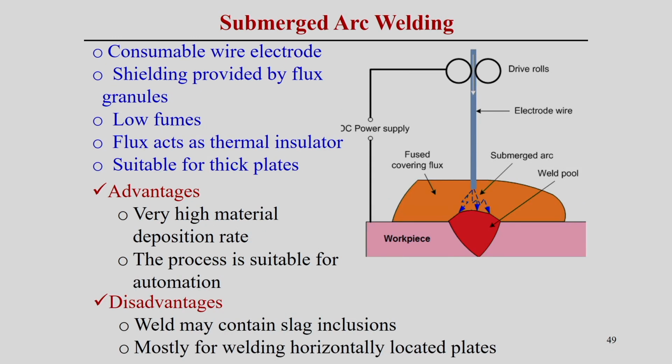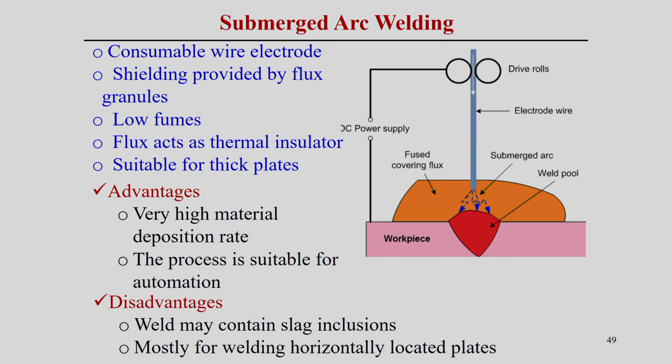Now, the submerged arc welding process. The submerged arc welding process also uses a similar kind of setup, but is different from the gas metal arc welding process. Here also an electrode wire is used, but instead of shielding gas, it uses a fused covering flux. The total weld zone is covered with the flux, the arc is created under the flux, and a weld pool is created. But how is it different from the other processes? What are the different